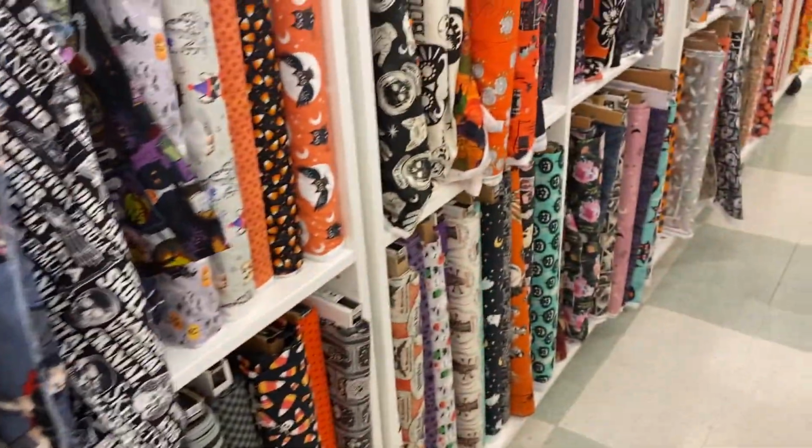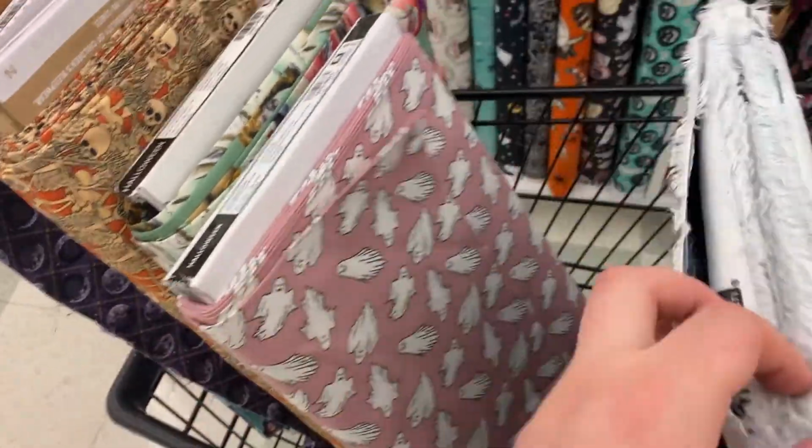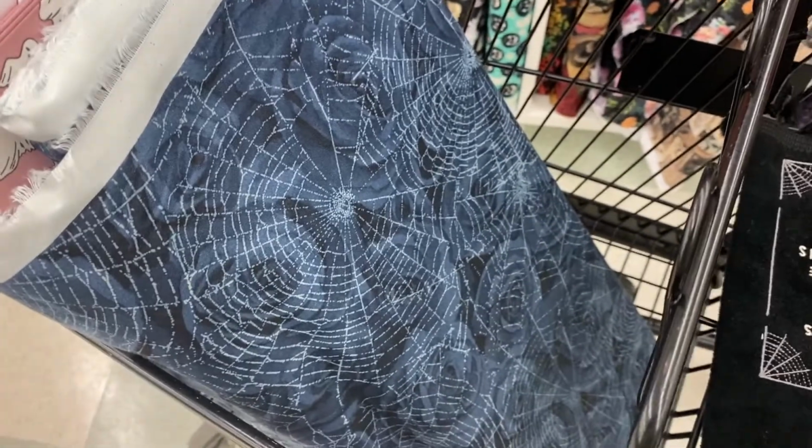Let's see what colors I can find. So I've got blue, pink, this green, which I don't think is gonna work because it's too big of a print. This I'm considering for yellow. It's more yellow in real life, less greeny. Purple and teal. This feels way too close, so I guess if I sit...